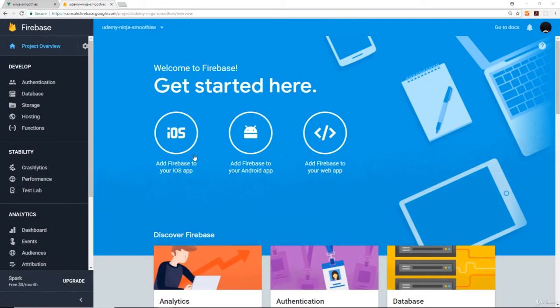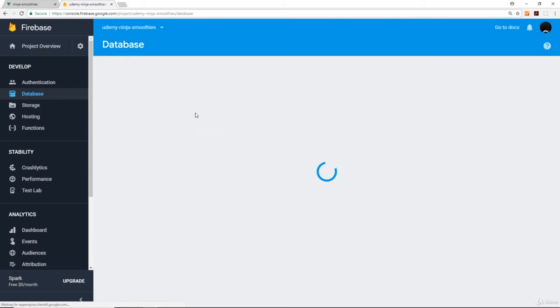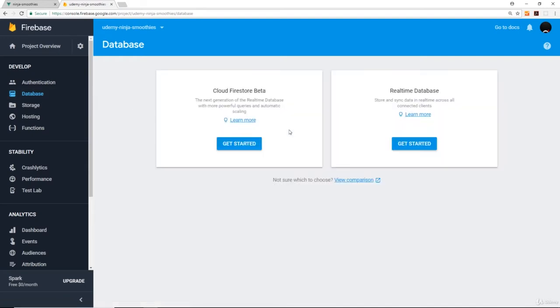So we have our project initialized here on Firebase. The first feature we'd like to use is a real-time database. So let's click on database first of all. And right here when it loads, it's going to give us two different options. We have the real-time database over here, which is the older stable database, or we can use this new version